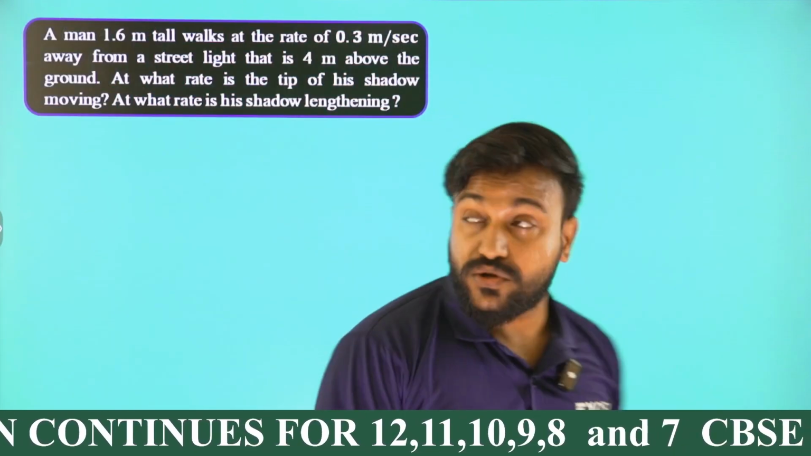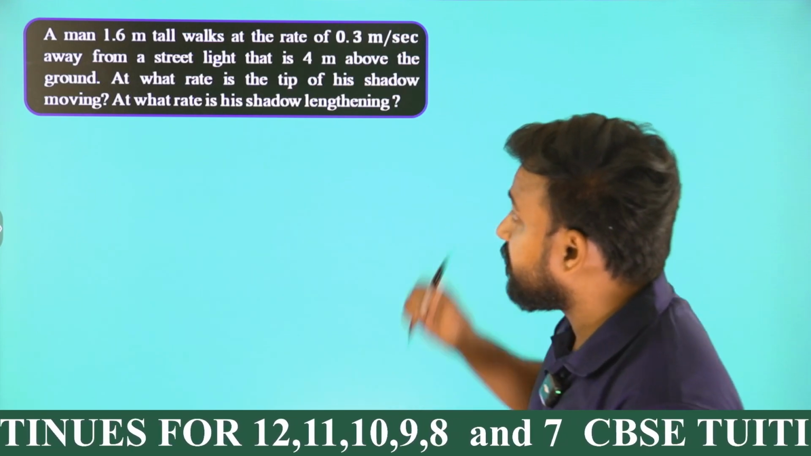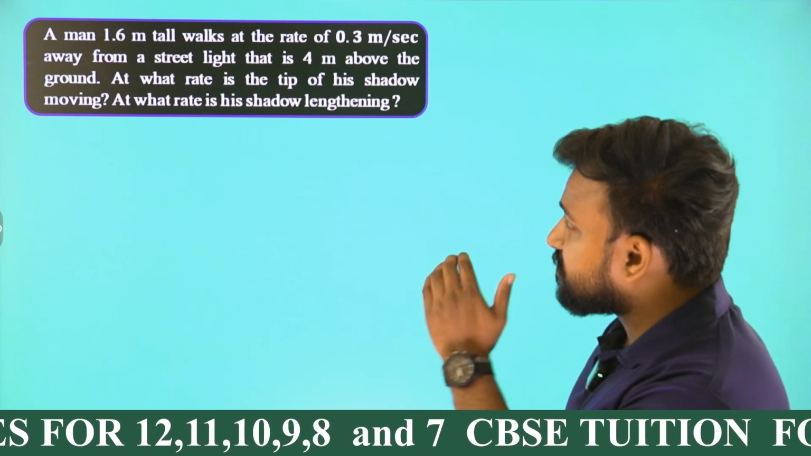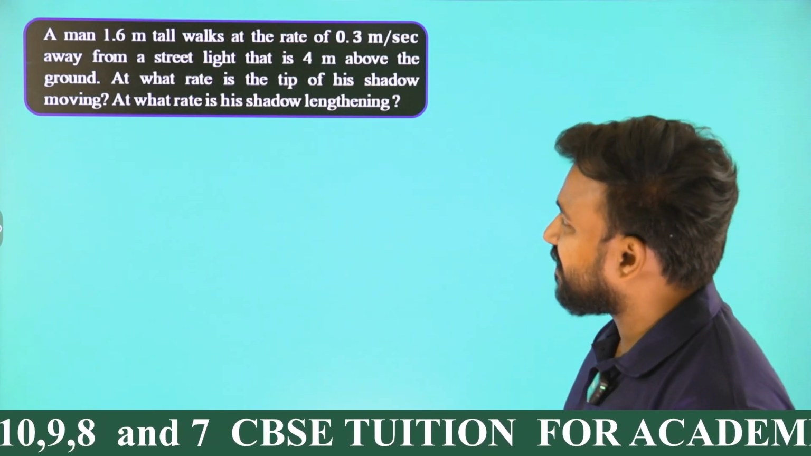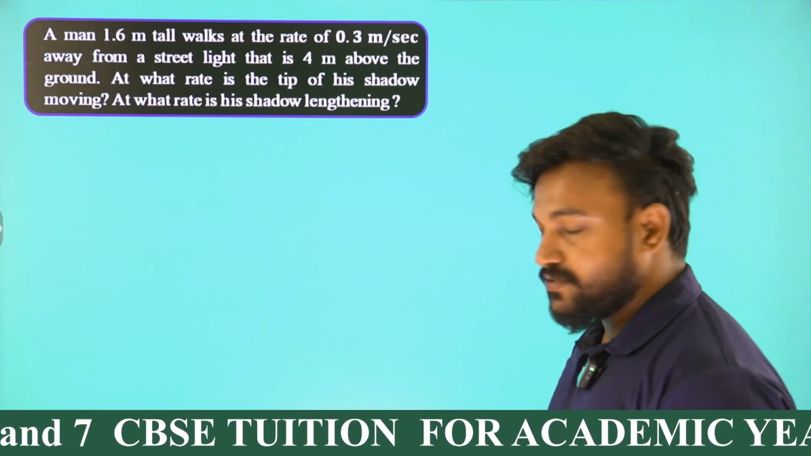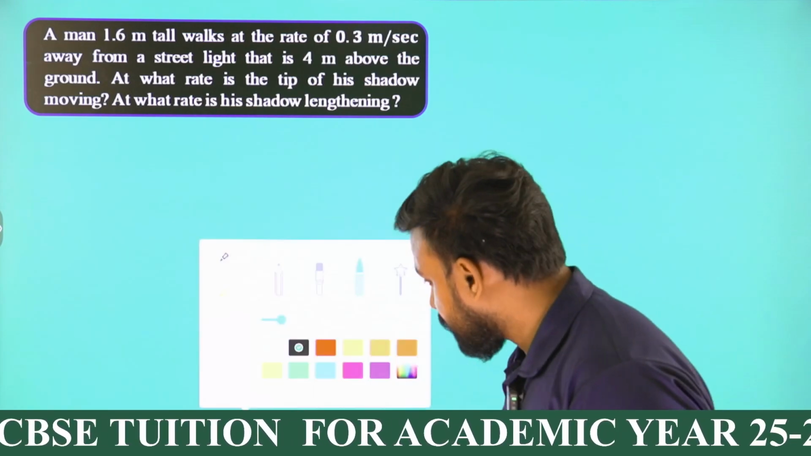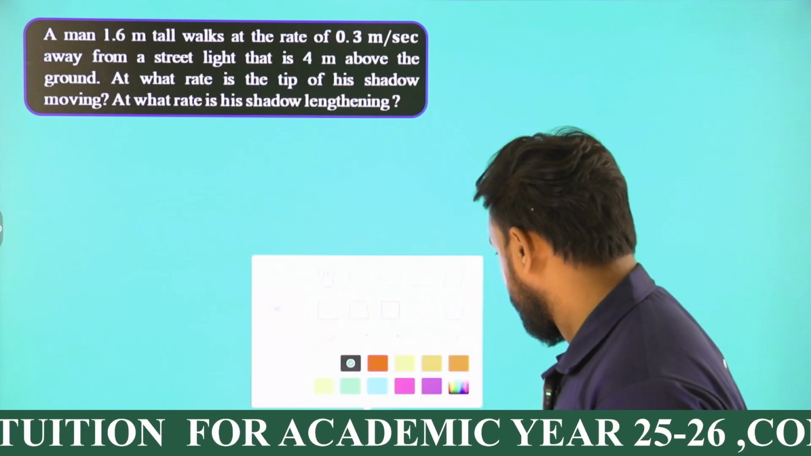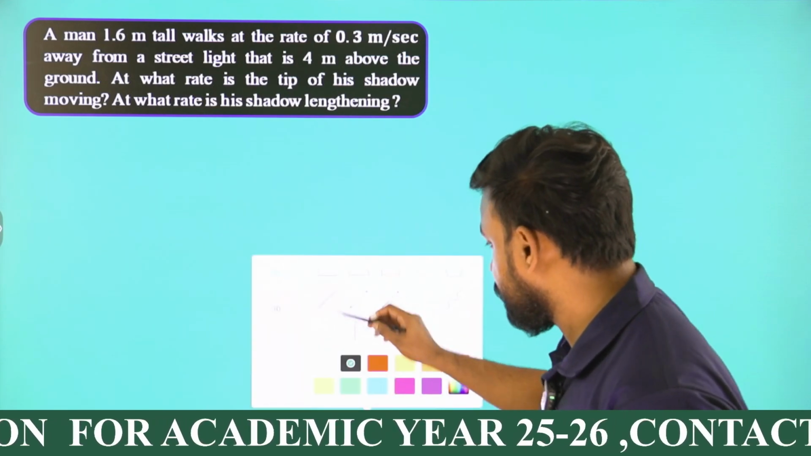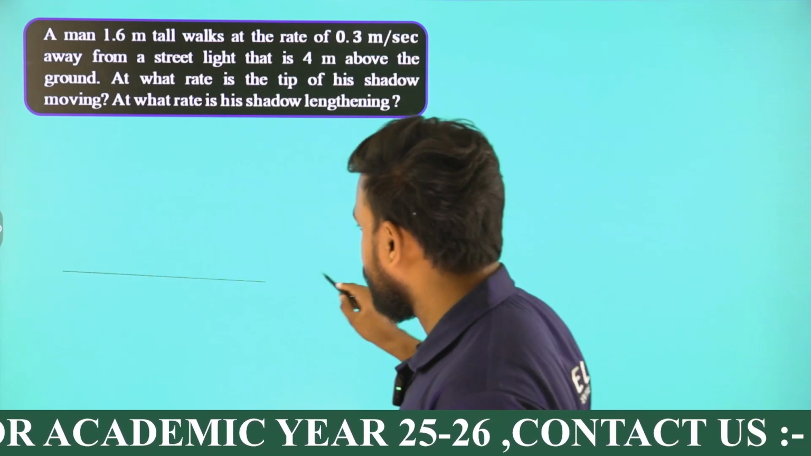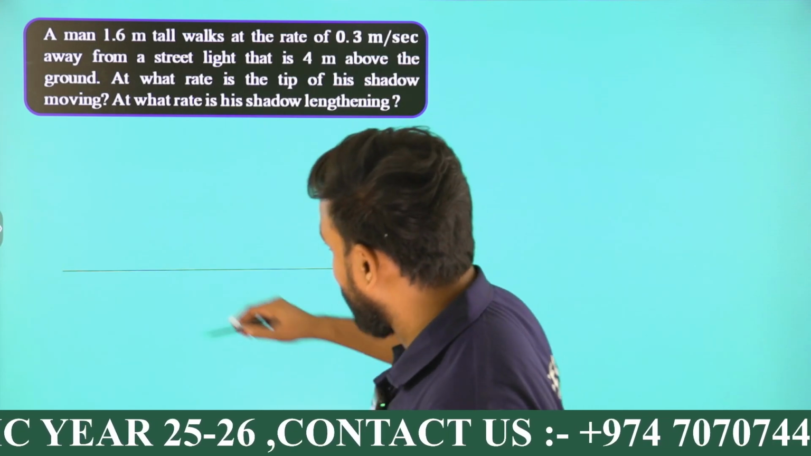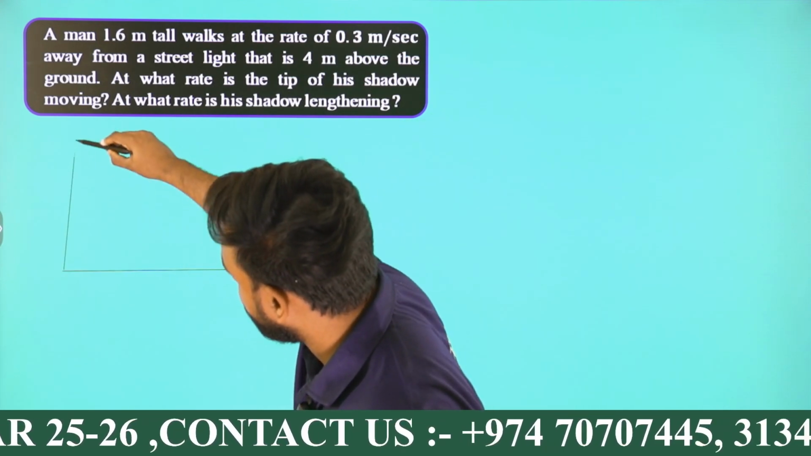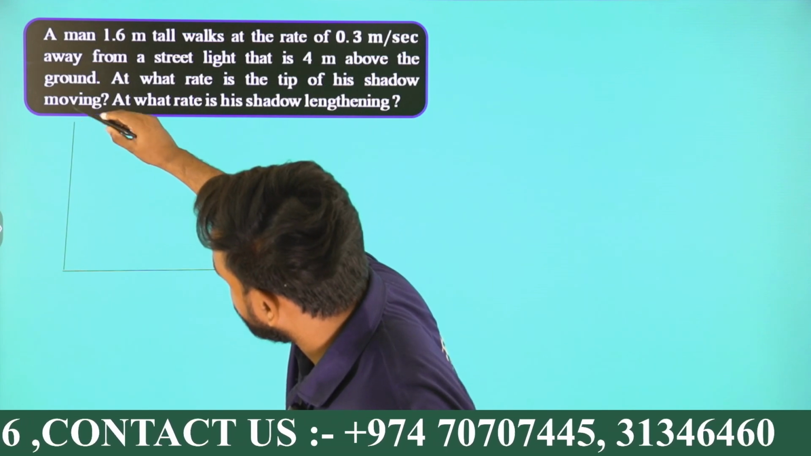Here the next question is, a man 1.6 meter tall walks at the rate of 0.3 meter per second away from a street light. Okay, so there is a street light. Let's draw this figure. Here there is a ground. We need to place a street light here. So this is a street light,